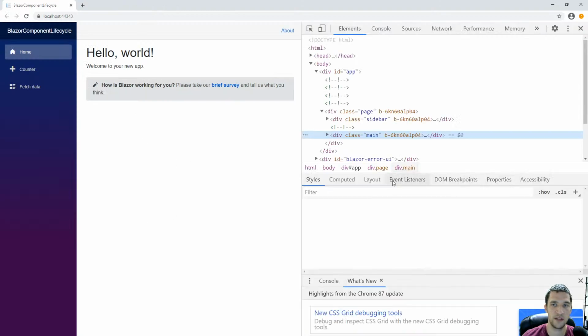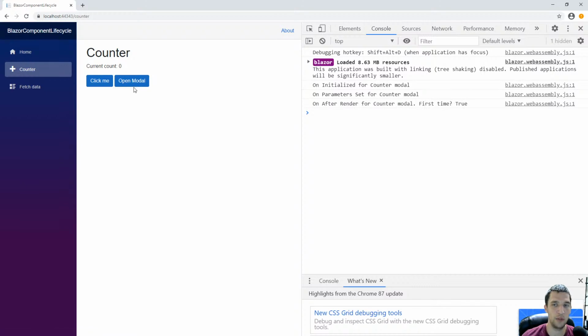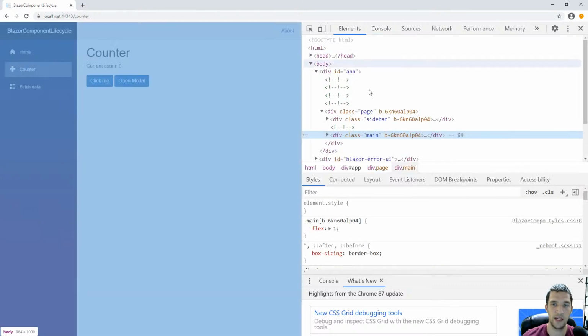All right, let's open this up and go to the console. And if you see here, we haven't even opened the modal yet, but we are initializing the modal, we're setting the parameters, and we're rendering it, which is kind of interesting because it's hidden. But really, it is on the page. If I look and if I find it here,